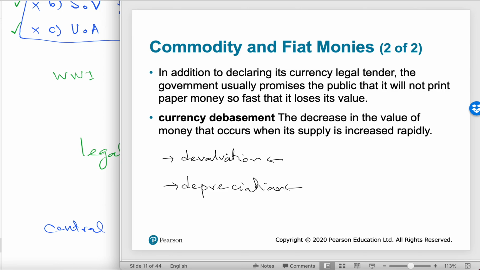It is a decrease in the value of money that occurs because the supply of money is going crazy. It's paper and ink. And they can actually add zeros. With the same ink and the same paper, just adding the number of zeros, it is devaluation or debasement of the currency, and it is an inflationary phenomenon: inflation.